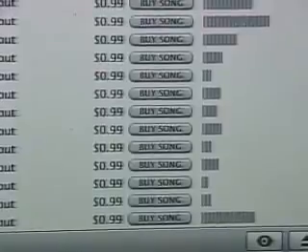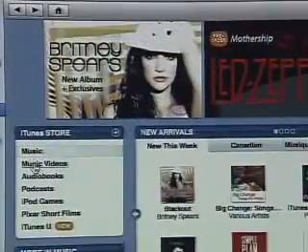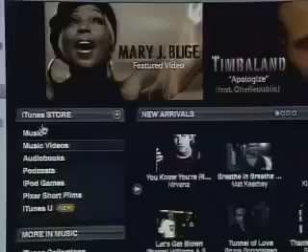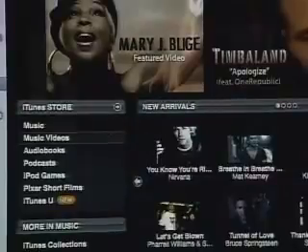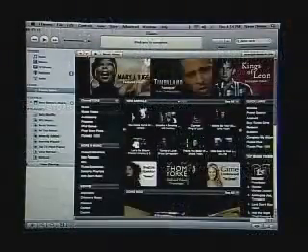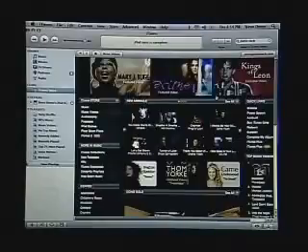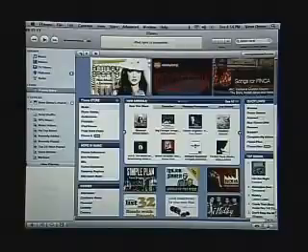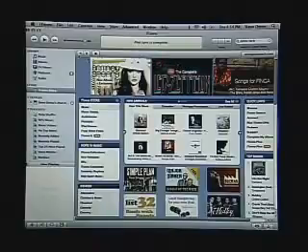Actually, if we take a look at the different areas they have, we can buy music, we can buy music videos, which is becoming increasingly popular with all of the different video-enabled iPods. And you notice this interface here. We're still in iTunes, we're still in the music management tool, but it looks much more like a web browser, and it acts like a web browser for us. We're actually on the internet going to the iTunes store, and so we navigate back and forth as we would